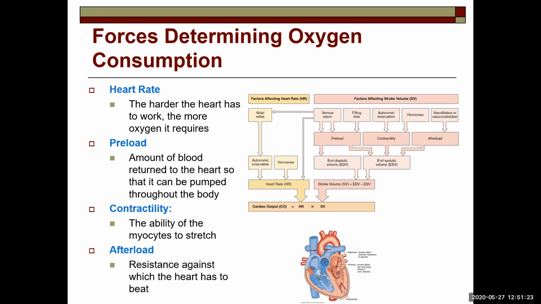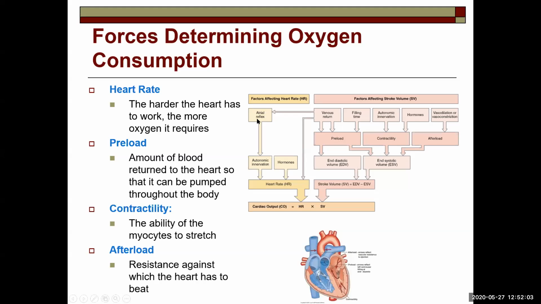Preload, I said, is the amount of blood returned to the heart so it can be pumped through the left ventricle. Contractility is the ability of the muscles to contract, and the afterload is the resistance after the ejection. After you eject, what kind of resistance are we getting? With vasoconstriction, you get more resistance than with vasodilation. Vasodilation opens up, so you don't have enough resistance for the blood to be pumped to the outside. So all these would be factors